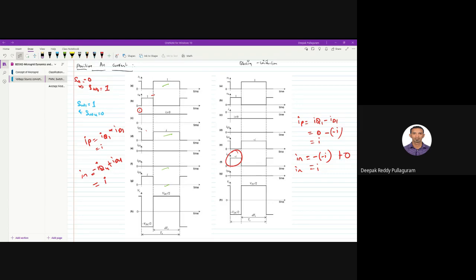Does the subject have more of inverter parts or rectifiers as well? We do everything from the perspective of inverters, because microgrid means as a source I'm pushing some power to the system, to the AC grid. Only one thing we will do as a rectifier, that is one control tuning. The reason for that I'll explain later at that stage. But the rest, everything we will do from the perspective of the inverter only, where we are pushing power from our side to the network.